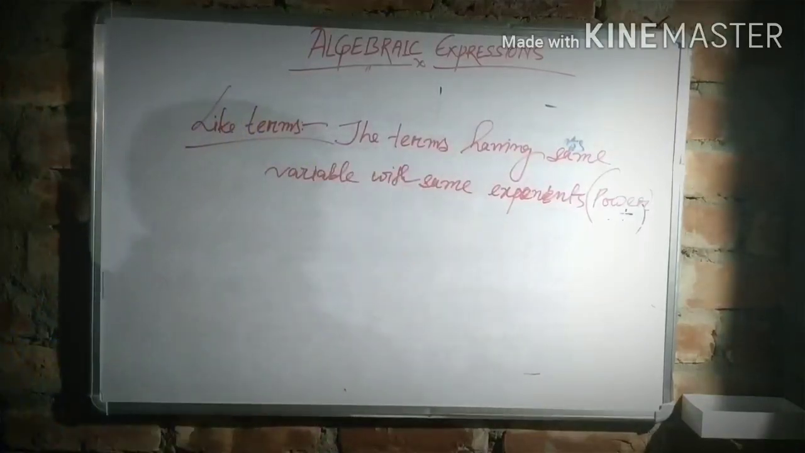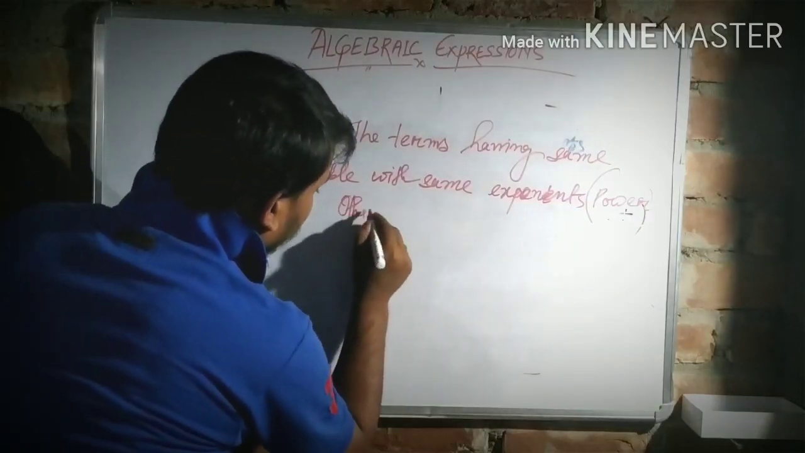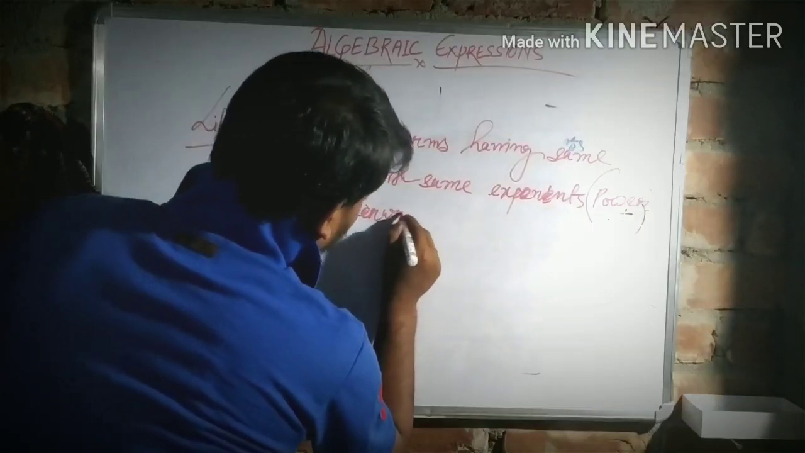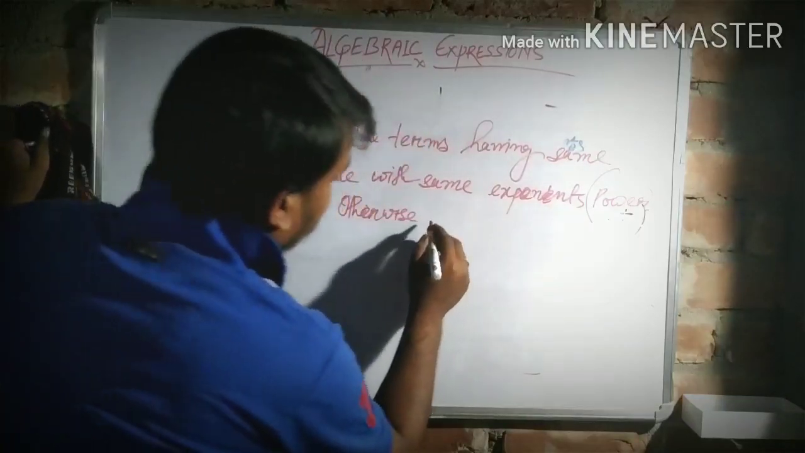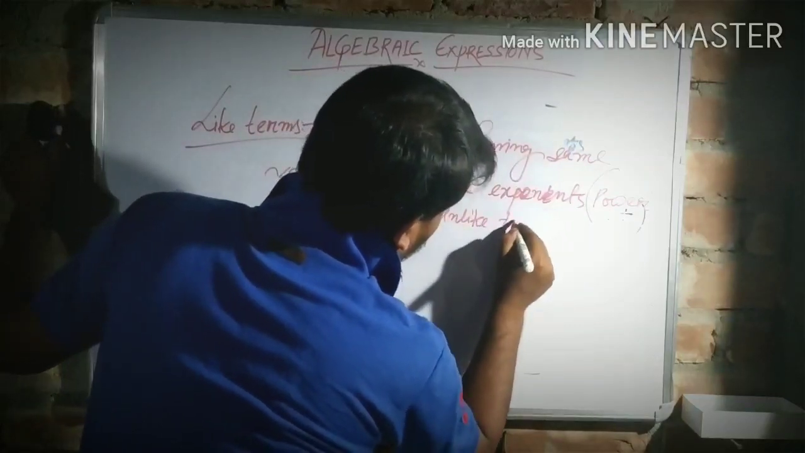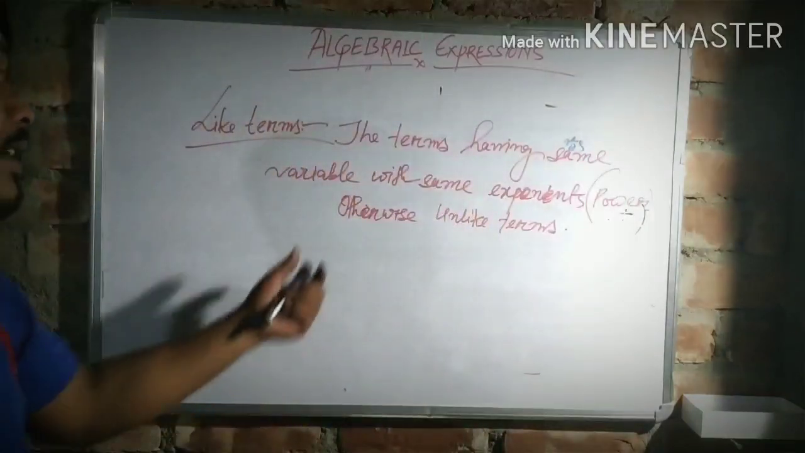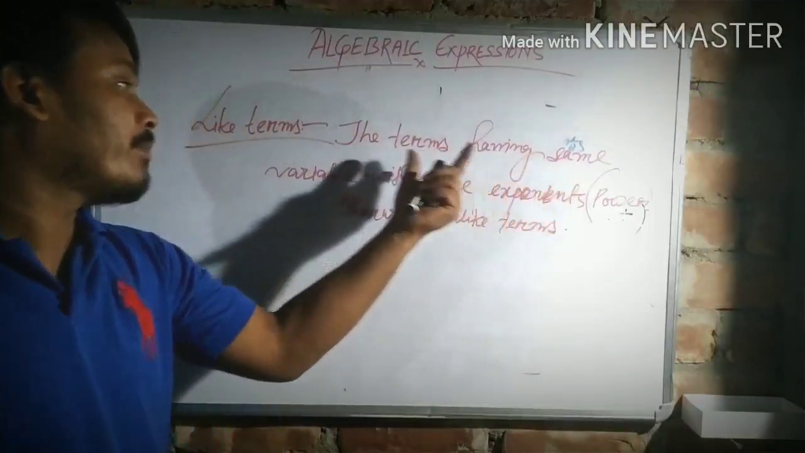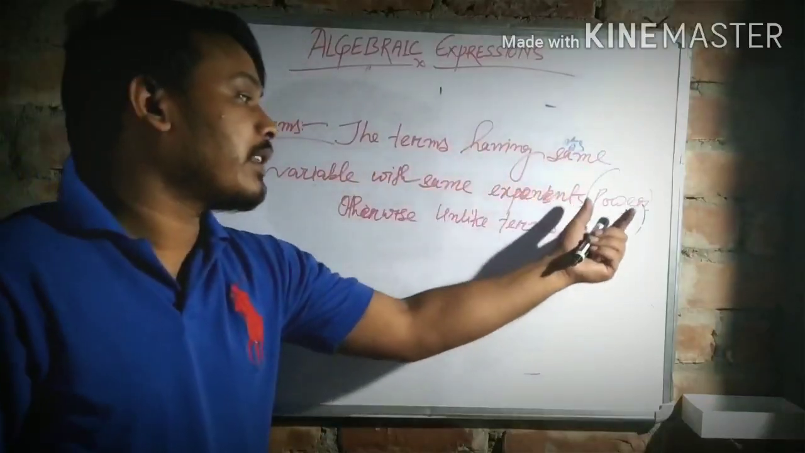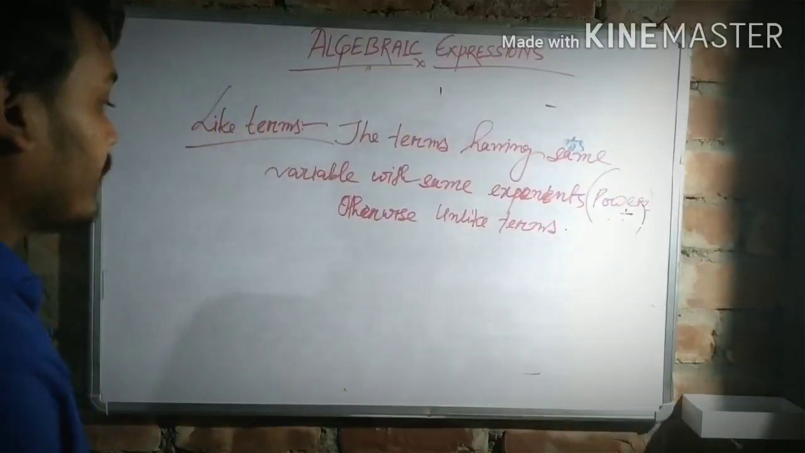Okay, so which are unlike terms? Otherwise, the terms are called unlike terms. So there is no need to give an extra definition. When the terms have the same variable with the same exponent, they are like terms. If not, then unlike terms. Okay. For example,